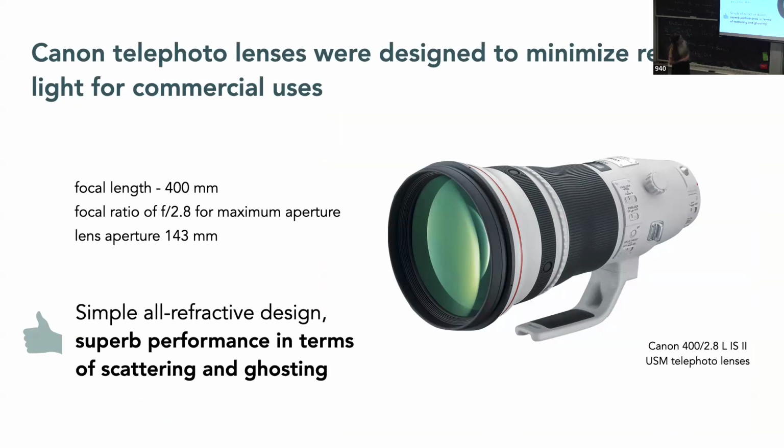So we built a telescope from lenses that we bought on Amazon or B&H. These are Canon telephoto lenses. They are commercial lenses designed and manufactured by Canon. And what Canon did is that they were designed for sport photography and even paparazzi photography. I'll give an example. Canon developed this coating on the lens which prevents light from scattering, or minimizes scattered light.